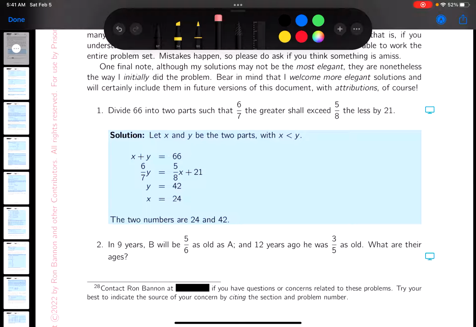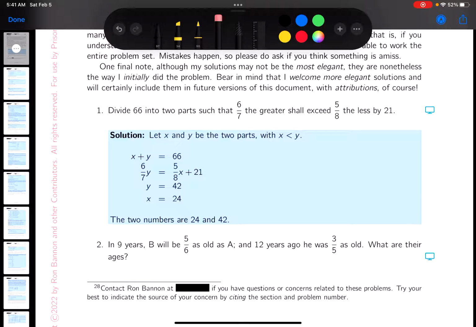Okay, we're at the word problems, and word problems are kind of a dividing line in algebra. A lot of students can do the manipulation in algebra, but when they get to the words, they have a tough time connecting the words to what they've just done with all the manipulation they've been doing, solving equations, simplifying expressions. So the first thing I want to do is encourage the reading of it, and it says 66 is divided